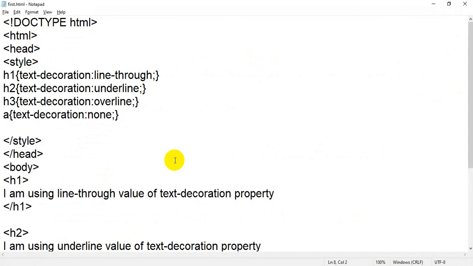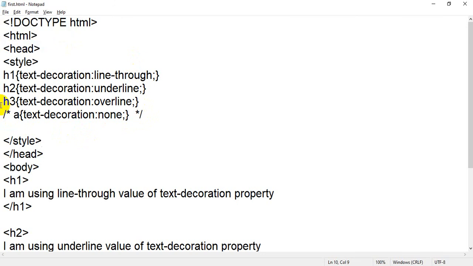For example, if I remove this line, for the time being I am just going to comment it. How do you write a comment in CSS? Just write a slash and asterisk, and at the end an asterisk and slash. Then it becomes a comment, non-readable text.